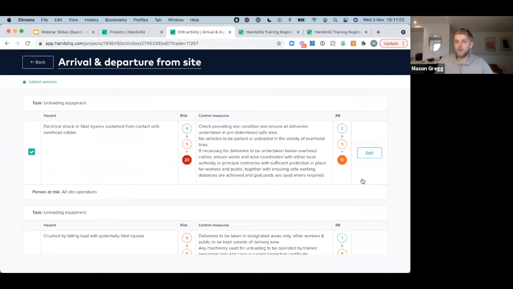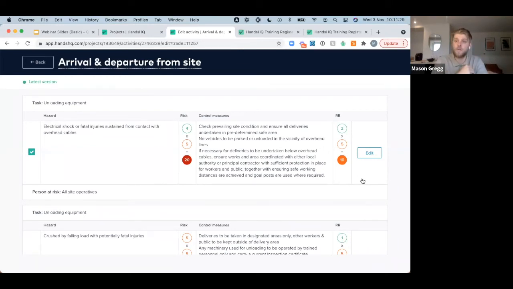So at the moment, what a lot of businesses are doing is they may have their central library hub, which they then have to copy and paste that information over to. It may be that at the moment you go back to an old RAMS where you know that you've got that risk assessment. Once again, you copy and paste that information over. The difficulty and the challenges that come with that is sometimes you are copying and pasting over completely irrelevant information. But what this is doing is it's giving you all of the associated risk assessments for that hazard that we've identified or for that task.